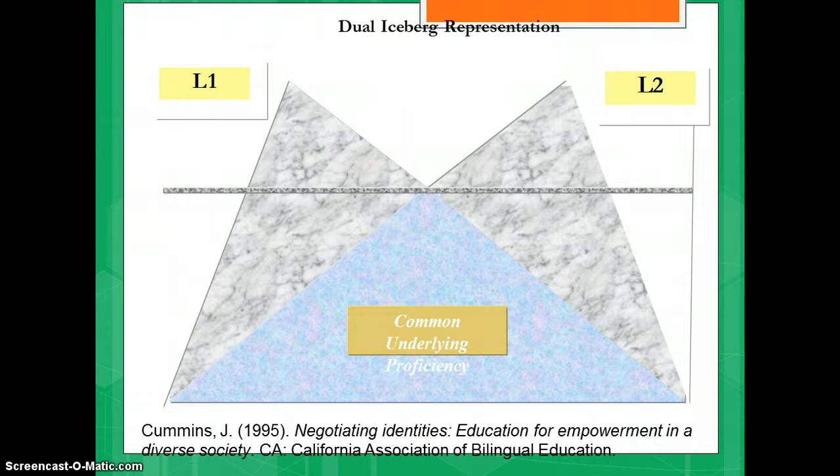The horizontal line is the water. Where the two icebergs combine is where the information from a person's native language mixes with the second language. That's called the common underlying proficiency. This is where you can transfer information that you learned from one language into another. Then all you need is the new vocabulary in the second language,